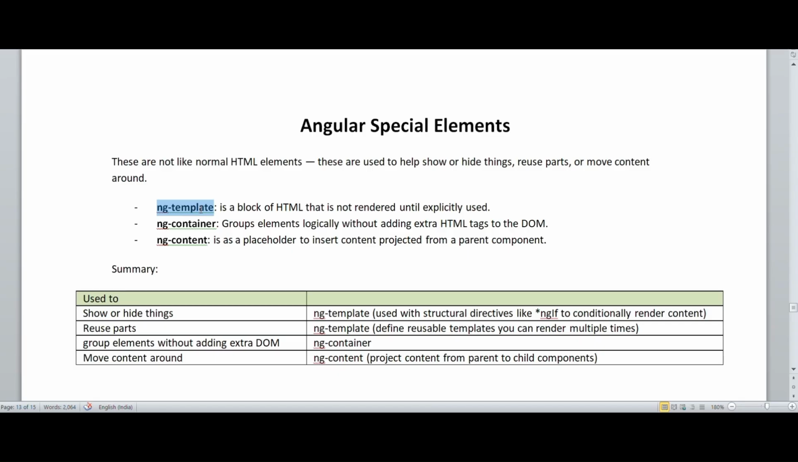So one is ng template. It is a block of HTML that is not rendered until you explicitly call it or it is used. Ng container, it groups elements logically without adding an extra HTML tag to the DOM. So it doesn't add extra HTML tags to the DOM. And ng content is like a placeholder to insert the content which is projected from a parent component in child